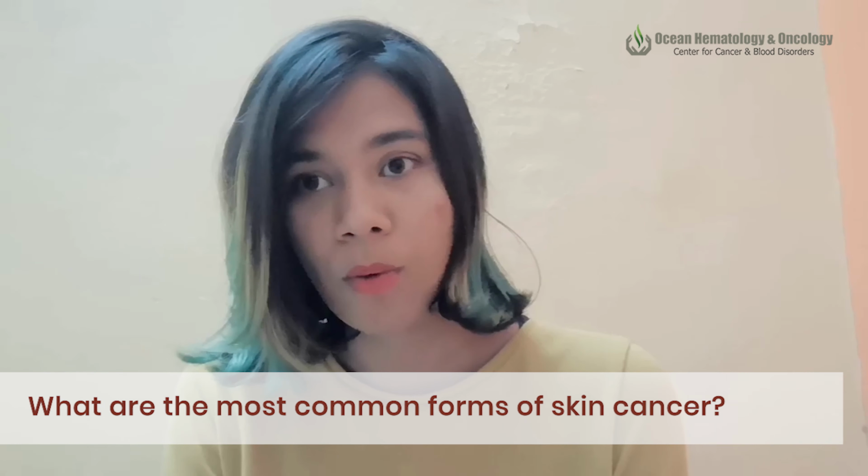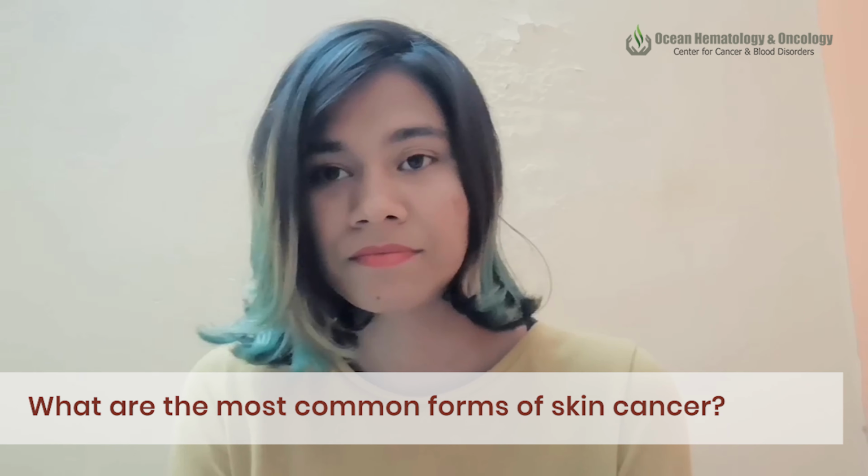So, Dr. Easaw, please tell us what are the most common forms of skin cancer? Skin cancer can be mainly divided into two groups, melanoma and non-melanoma. Non-melanoma can be either basal cell cancer or squamous cell cancer. Basal cell carcinoma is the most common form of skin cancer and it's found in the basal cells of the